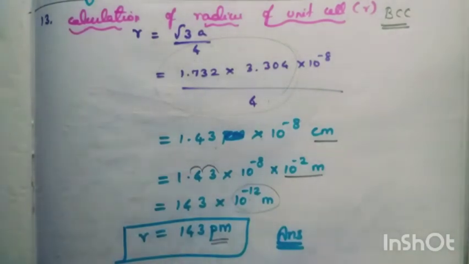So, this is the problem for today. What are the problems we discussed here? First, we discussed the packing efficiency. Packing efficiency for FCC, that is CCP, is 74%. The packing efficiency in BCC is 68%. Packing efficiency in simple cubic is 52.3%. From that we discussed the packing density. Using that packing density we discussed 2 problems in our book back. Remaining we will see in the next class.